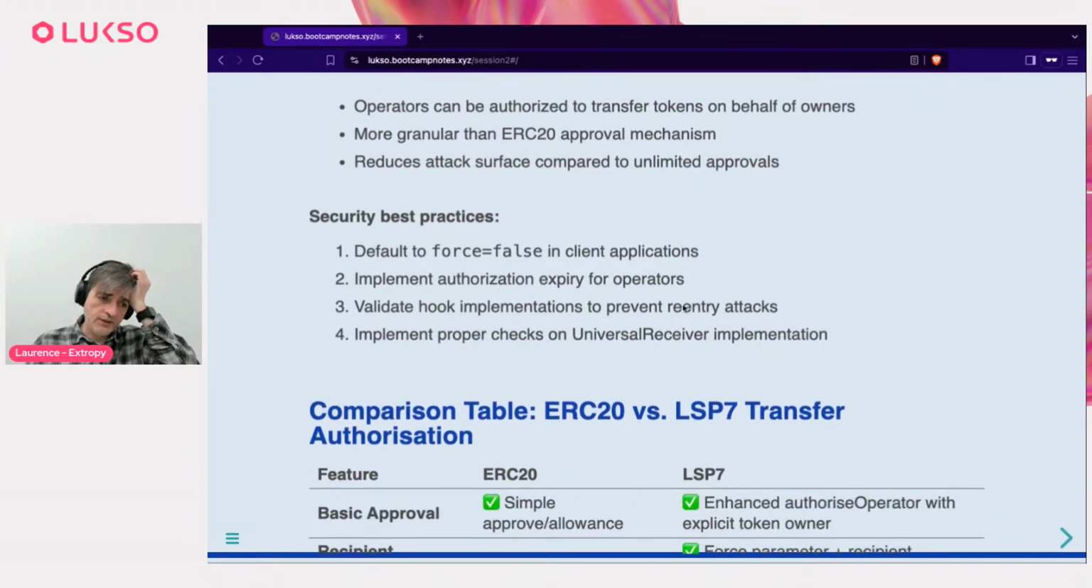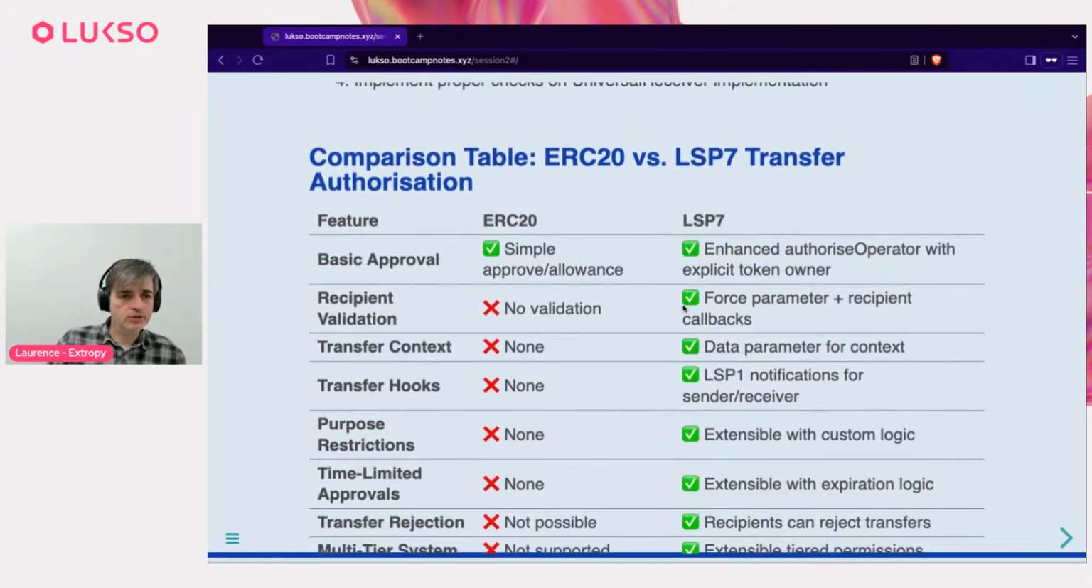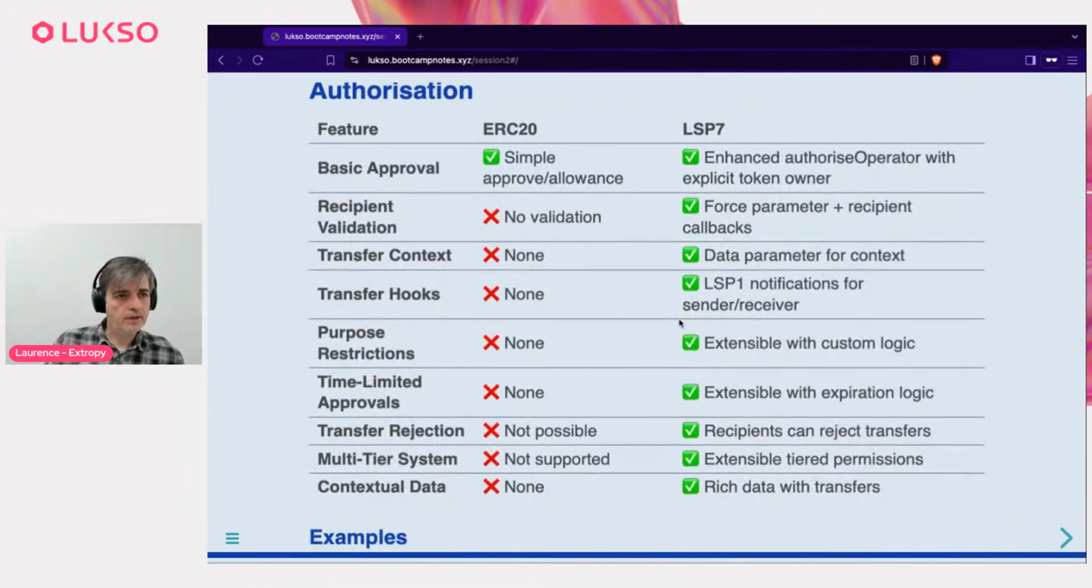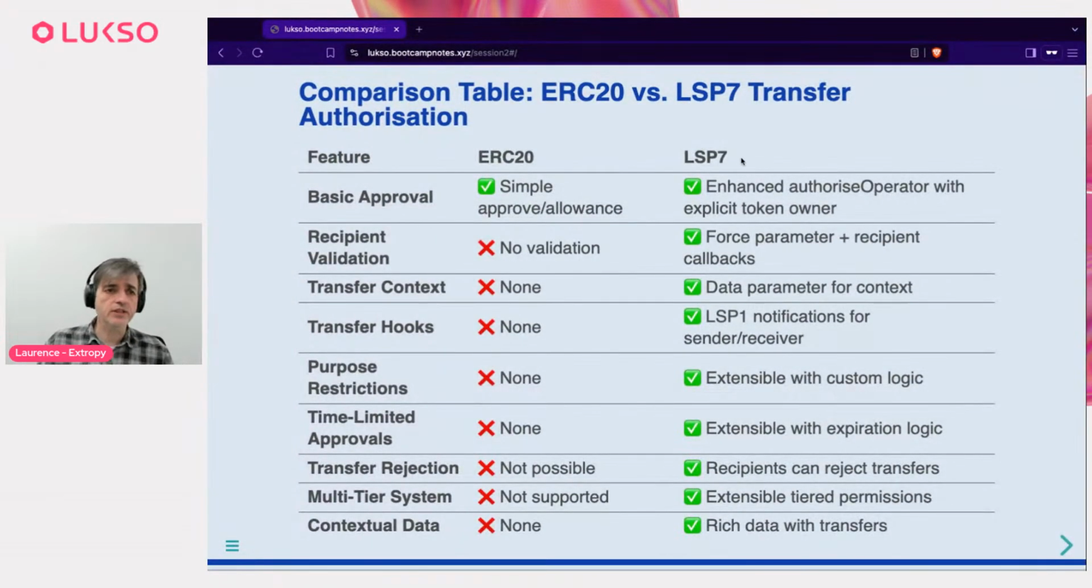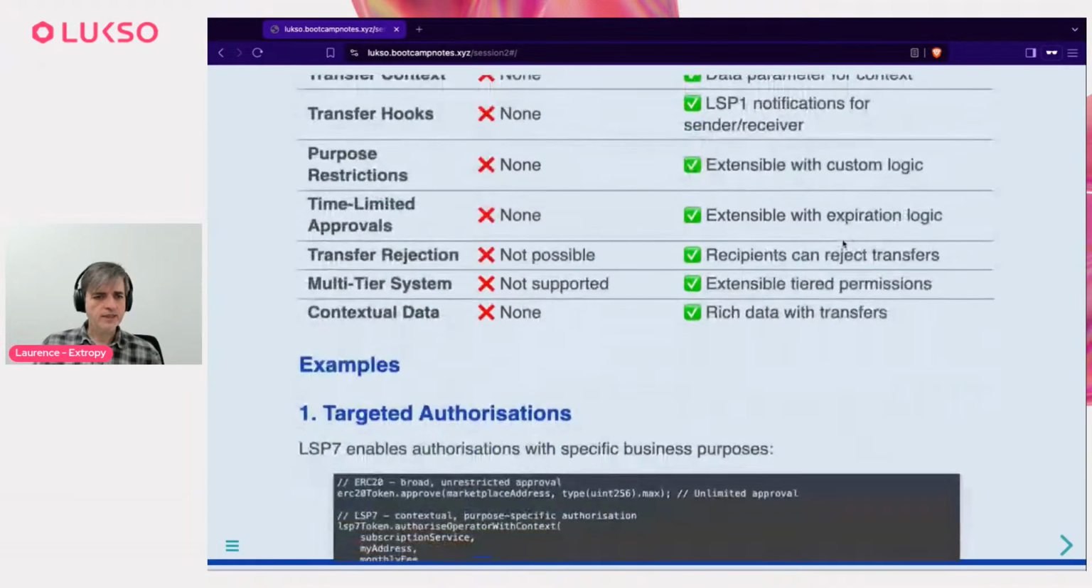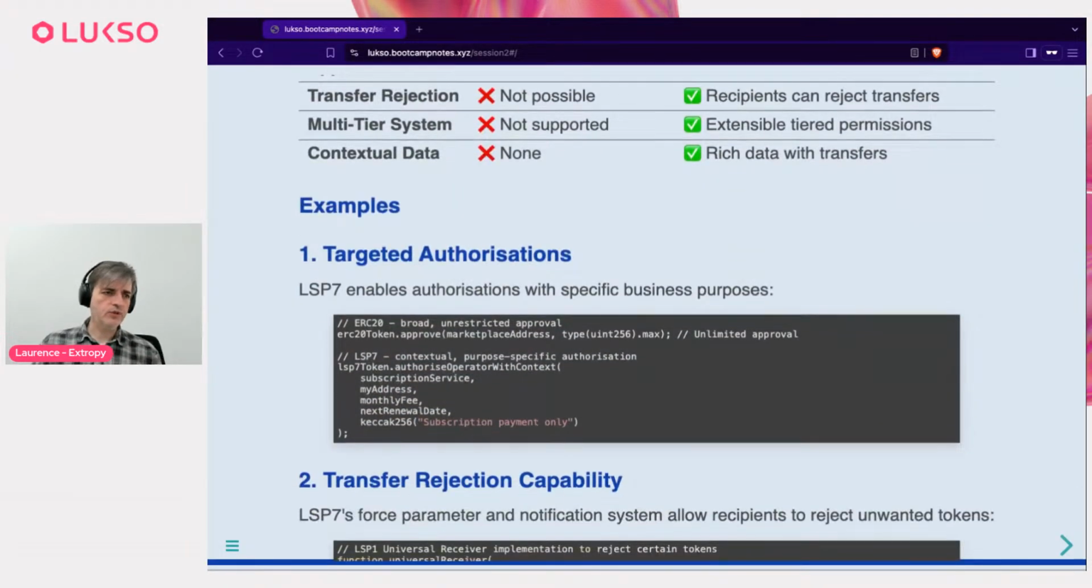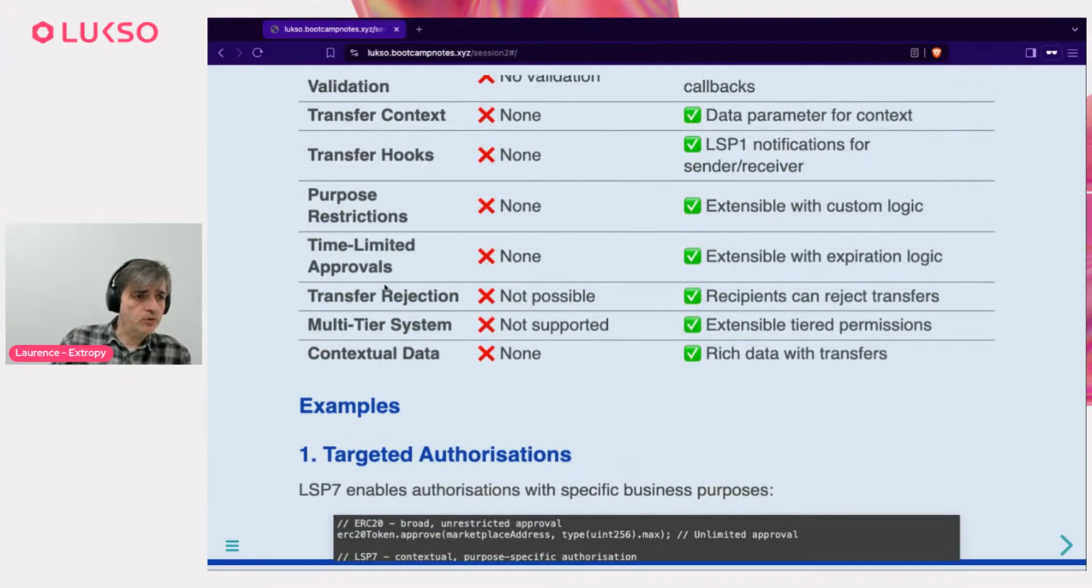So what I've got here is just a simple table to sum up some of the differences between the ERC20 and the LSP7 transfer, just to give you an overview of that. So you can see, I think I've talked about most of those, and you can see there's extra pieces that we have in the LSP7. So to give you some further examples of that,